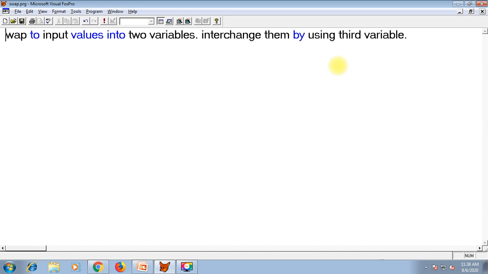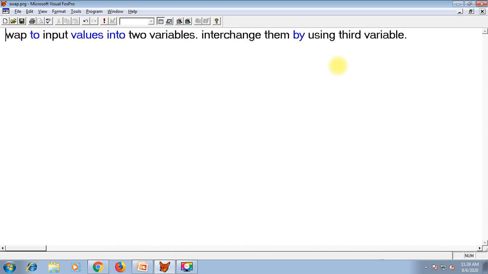Do you remember I had given you the example of two glasses, one full of water and another full of lemon water. Now if you want to interchange them, you need one more empty glass. Only if there is an extra empty glass can the two be interchanged. Otherwise it is not possible to interchange liquid, a glass full of liquid. So in the same way, variables cannot be interchanged directly without using third variable.